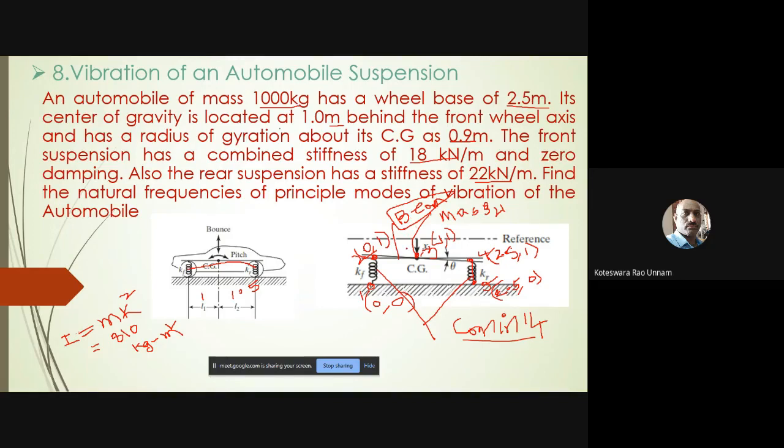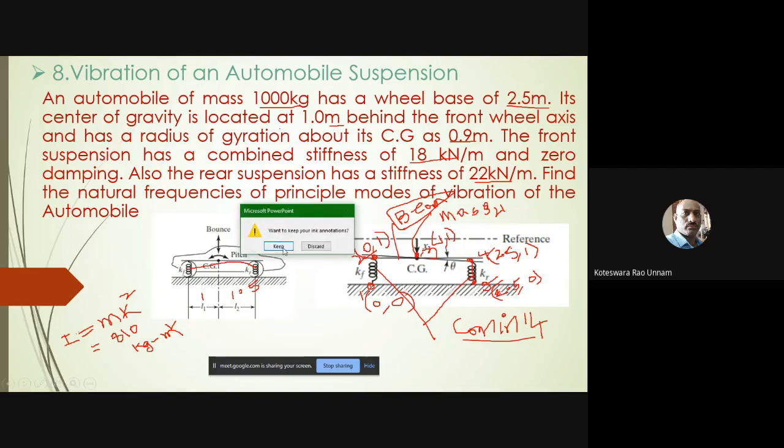Then we need to use a section. Let us say we'll consider a rectangle section for this beam of 1 by 1, something like that. Any section you can consider. Even that is also not going to influence your solution. The only thing is, you need to define the stiffnesses of the two springs properly, and also the location of the centroid and mass moment of inertia. Only those will influence your solution, because if those properties change, your solution is also going to change. Okay, so we model that and we'll try to solve the problem.